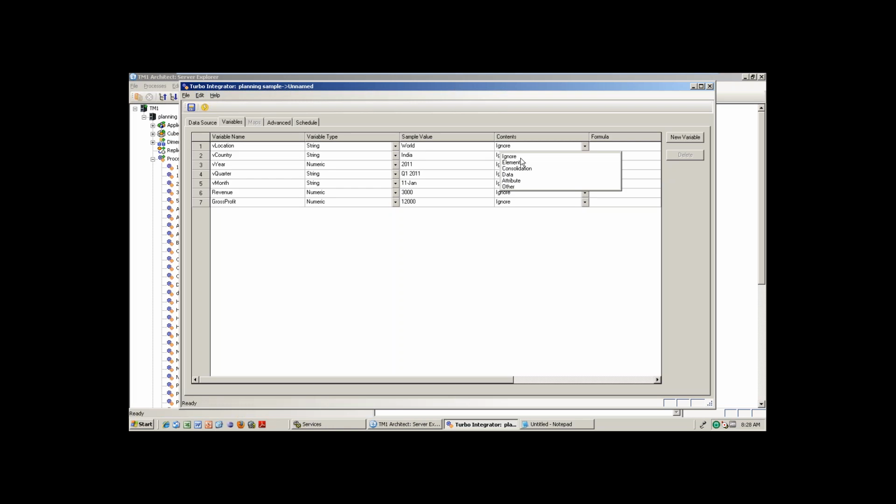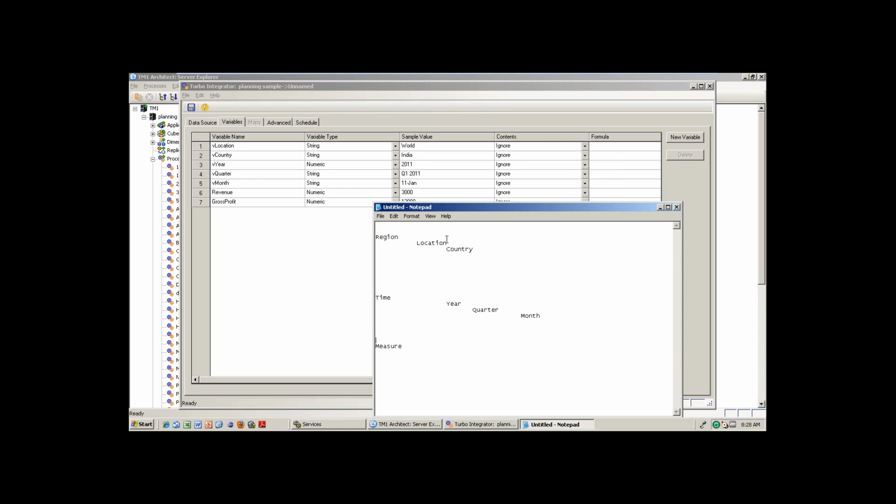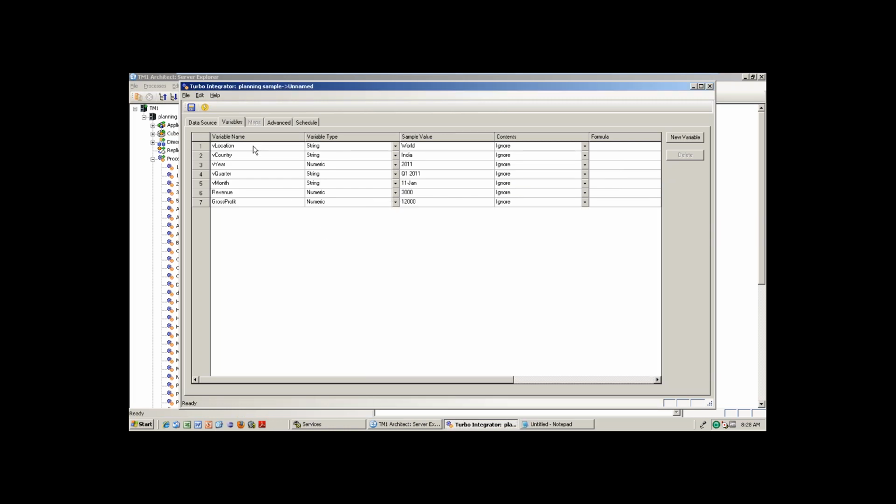If it is a parent, location is the consolidation. The last level for this dimension, country, is the child, so it is an element. All the children you will put as element. All the parents you will put as consolidation.